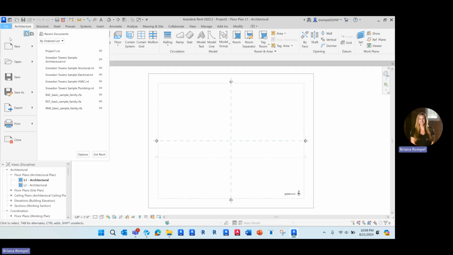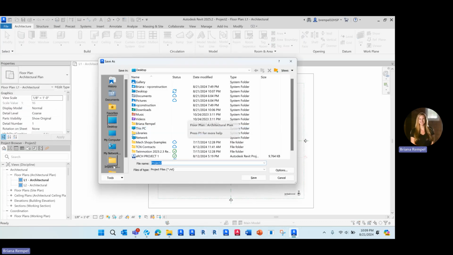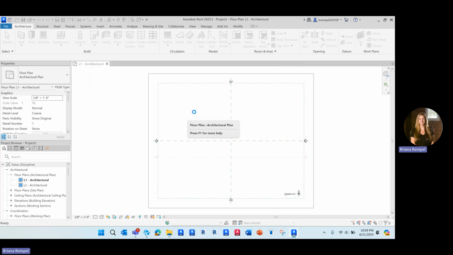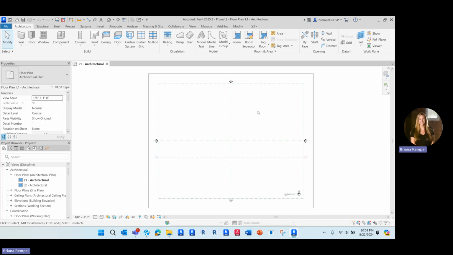Make sure you do a Save As here and save your work. We want to save it as a project. And do make sure you're saving your work sporadically throughout. I know you'll see in the videos here the save pop up, and you'll often see me just move past it because I'm doing a demo video here, but it is really important that you do save